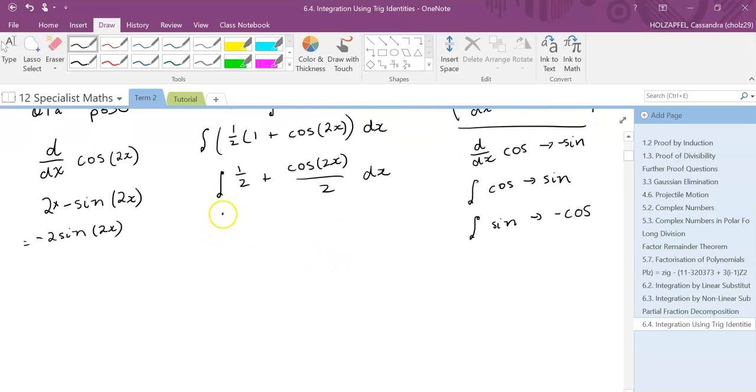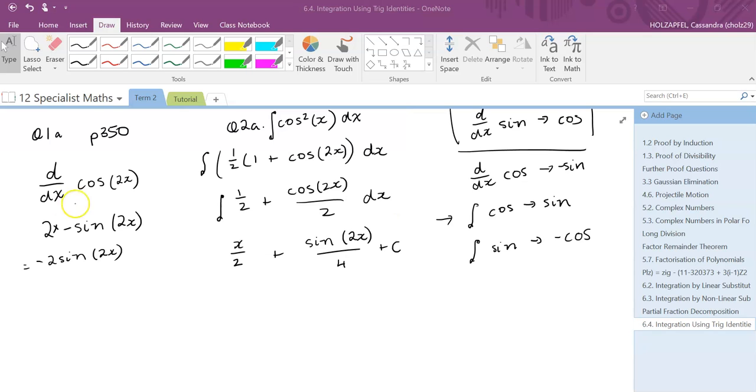Okay, so now the integral of 1/2 is just going to be 1/2 x, or x on 2. I don't need to write that integral sign, so that's just going to be x on 2. Now, when we integrate cos, that is going to go to positive, so this is going to go plus sine 2x. Now, when we found the derivative of this, we found the derivative of the inside function and multiplied by the derivative of the inside function. So now we're going to divide by the integral of the inside function and then add